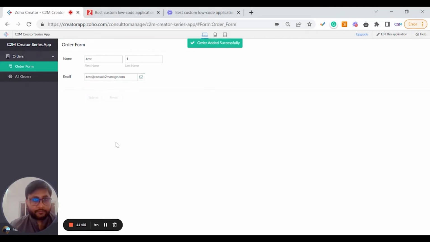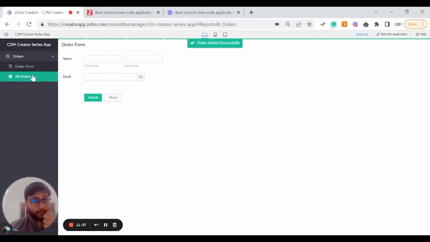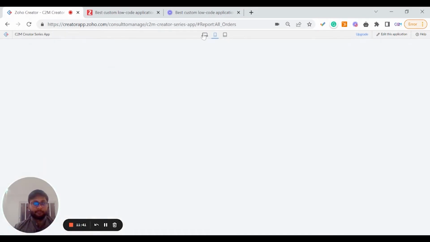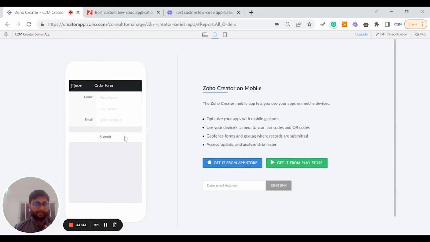We say submit. So if we go to all orders, we will have this information available here. So this basically automatically creates a database for you. The form takes in the information, and then it stores it in the report, and the report is available for you, right? And similarly, you can see the mobile view, but it doesn't really make much of a difference,